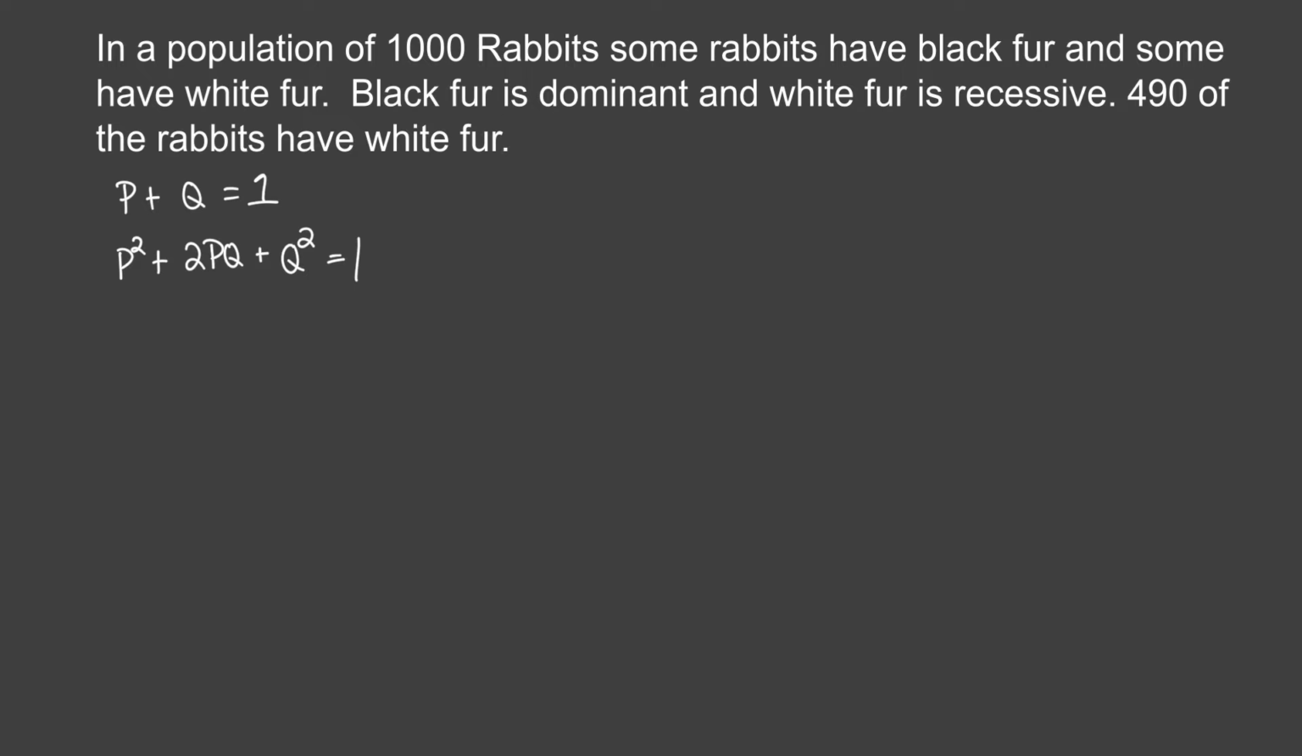So the only way to have white fur is if both copies of your alleles are recessive for that fur color. So we know that 490 of the rabbits have the Q squared genotype, that homozygous recessive genotype. So we need to turn this 490 out of 1,000 into a decimal to work with this equation. So let's do that. 490 white fur divided by 1,000 rabbits total in the population gives us a value of